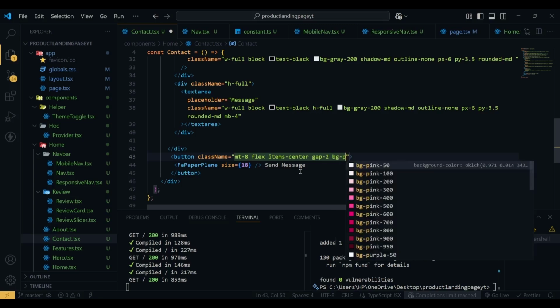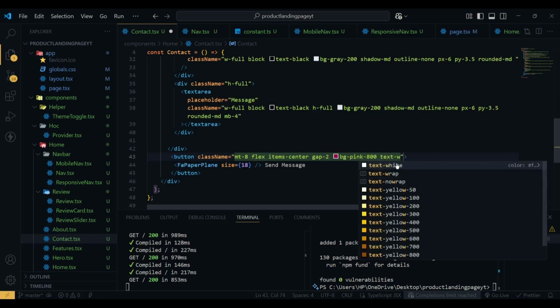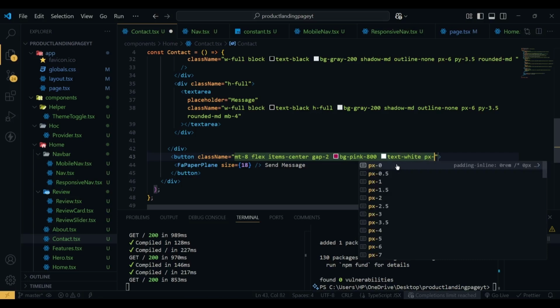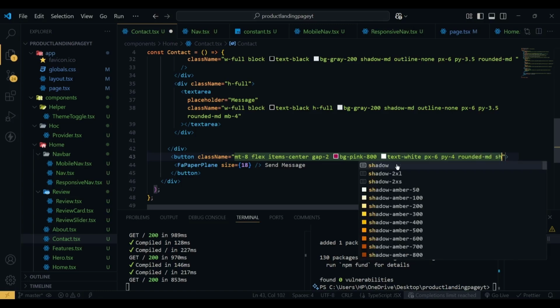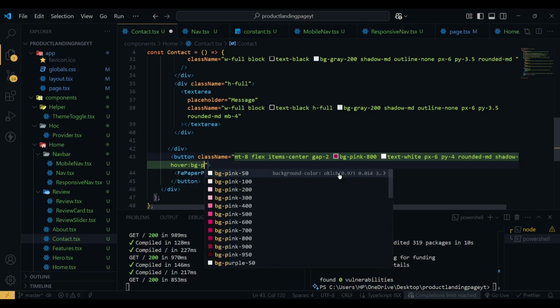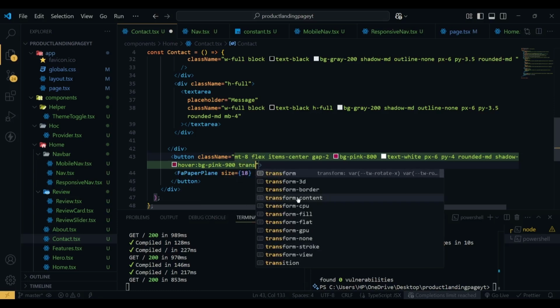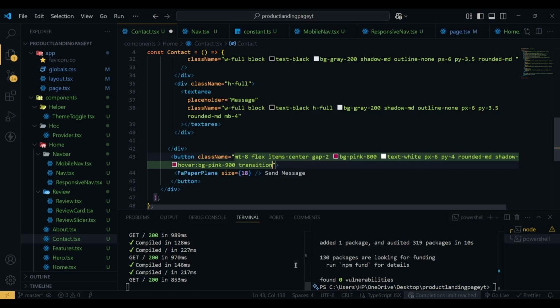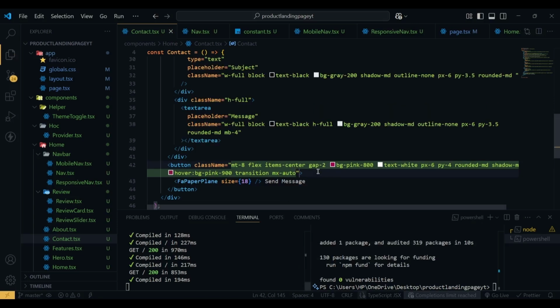BG will be pink 800, text white, px will be 6, py will be 4, rounded md, shadow will be md, in hover bg will be pink 900, and transition, and mx will be auto. That's it. Now if I hit save